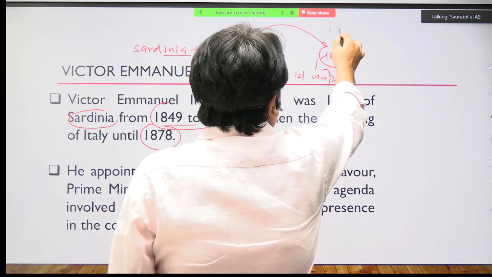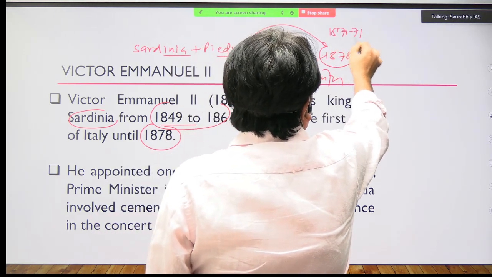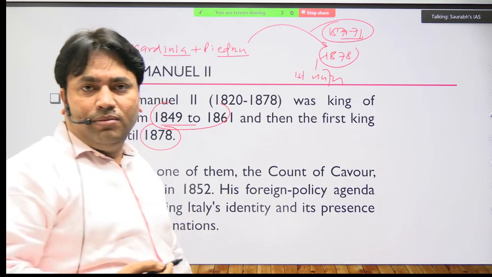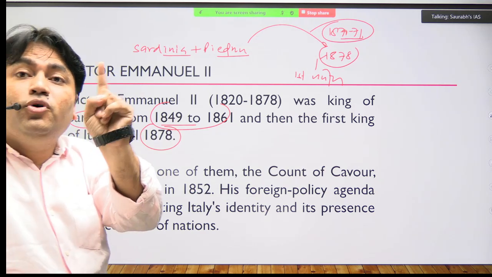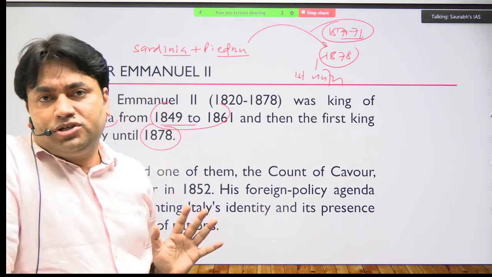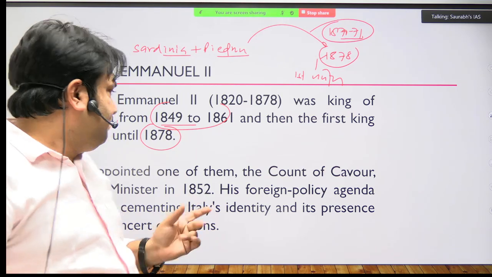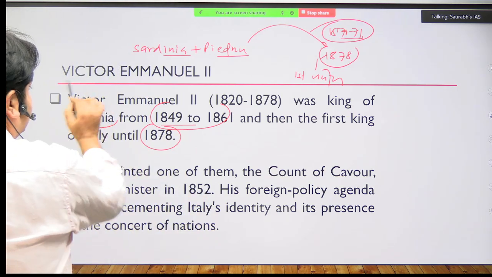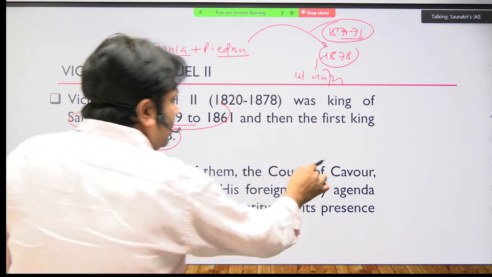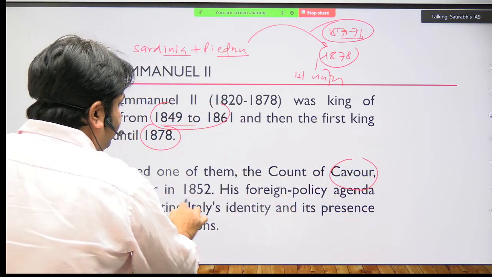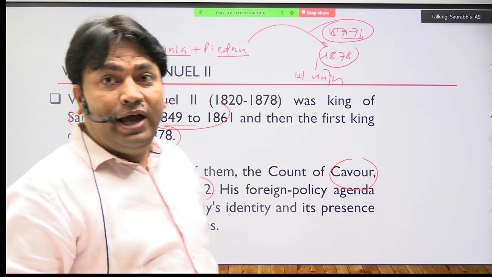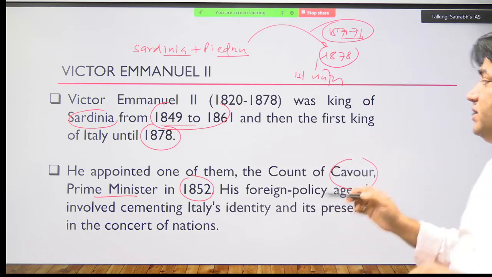इटली का यूनिफिकेशन कब हो रहा है? 1871 में ही इसका यूनिफिकेशन कंप्लीट हुआ, राइट. So this is the ruler Victor Emmanuel II who supported what? The idea of the process of unification of Italy. ठीक है. इसके बाद आ जाओ. This ruler appointed whom? Cavour. This is the person, okay, as the prime minister in which year? 1852. And Cavour is known for his diplomatic outlook.